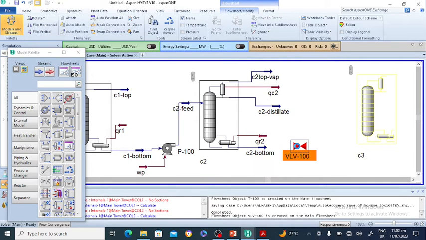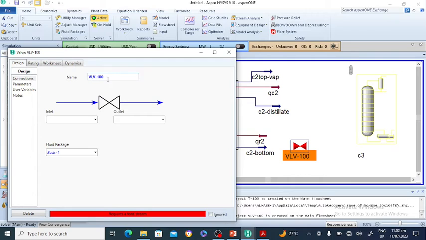Double click on the valve and rename it valve. The inlet to the valve is column number 2 bottom, and the outlet is column number 3 feed. So C3 feed,